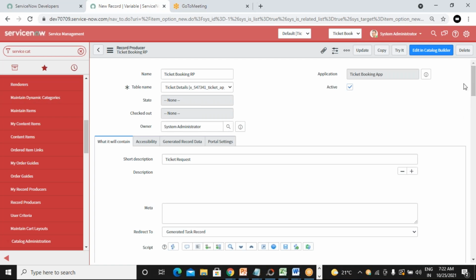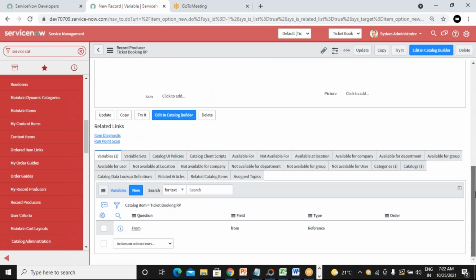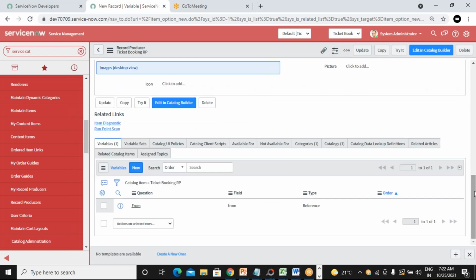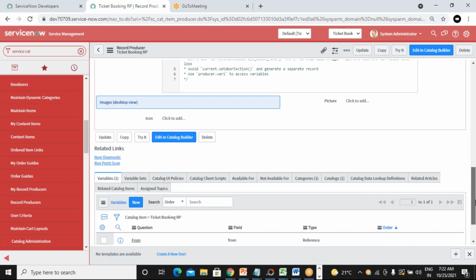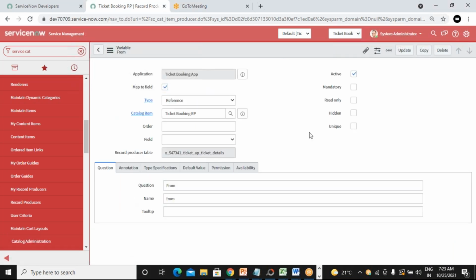I just want to make sure I didn't select the wrong reference table by mistake. I'm verifying here. I have to select the location table. I think I selected some wrong table here.